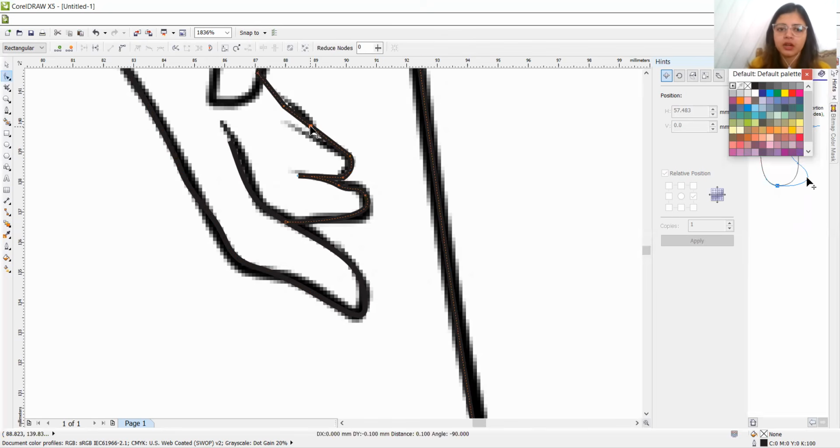So if you see any line that is not curvy and is mostly straight, suppose again this is the notch which we want to make curvy. Select this, Convert to Curve, and you can see the arrow will appear.